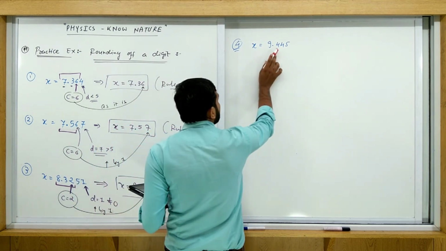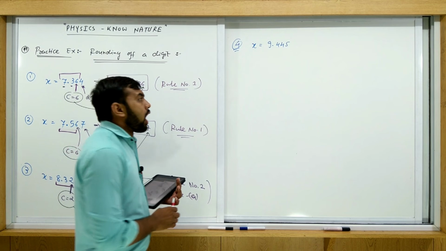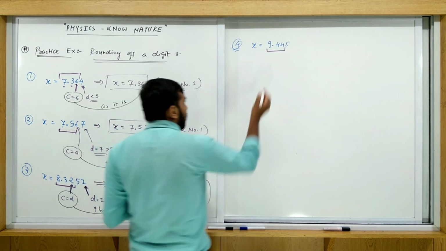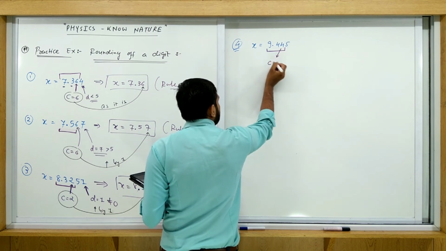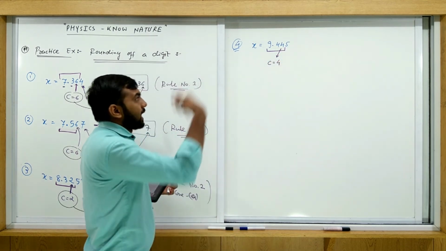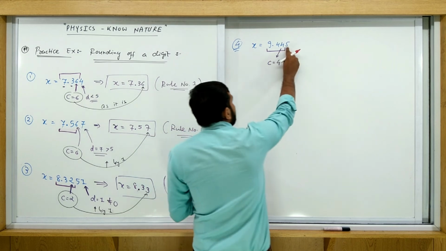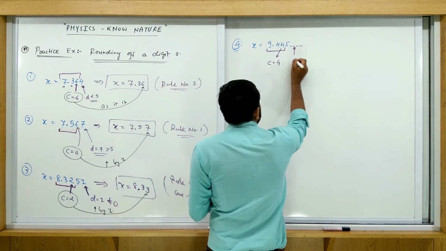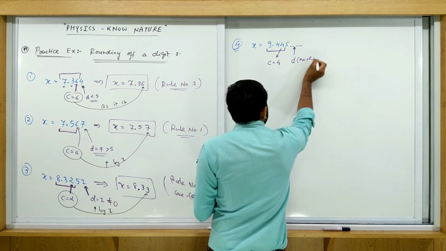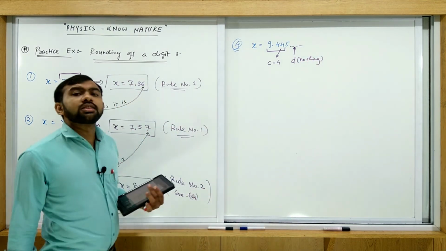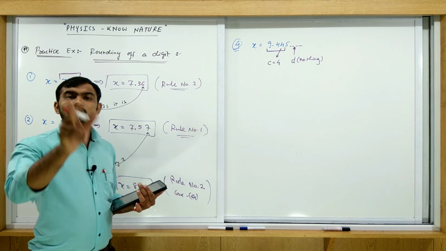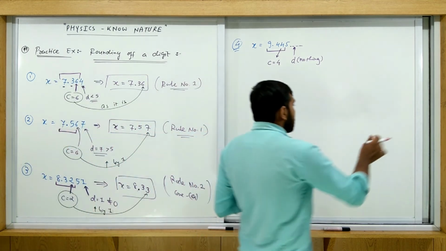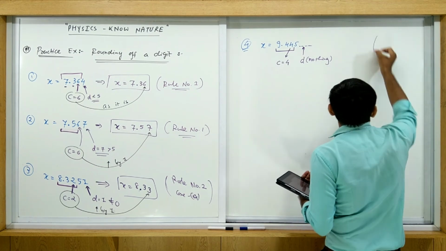How many numbers? 1, 2, 3, 4. In total we have 4 numbers. Out of these 4 numbers we require only 3. So what is the C here? C is equal to 4. But exactly after it is 5. Here the 5 is present. If 5 is present, then you consider what is present after it? Nothing. So D is nothing. If D is nothing, then again rule number 2, case A. Now this is rule number 2, case 2.